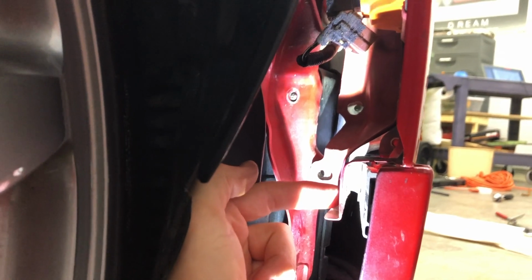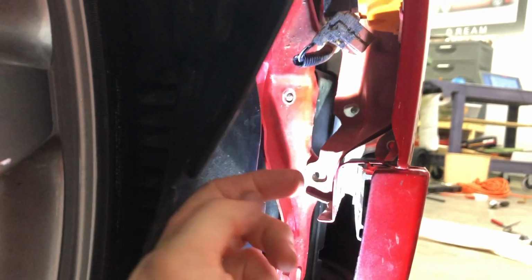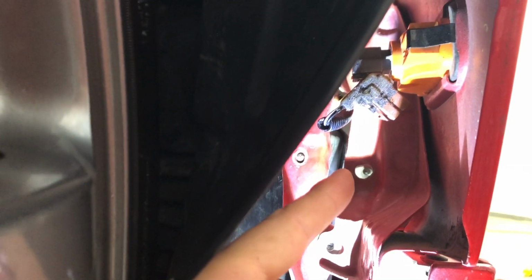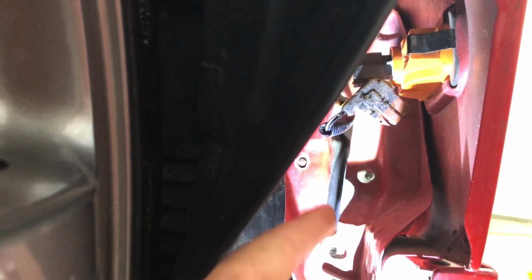That is right here going that direction. Then the 2 nuts that you need to remove. One is here, the one at the tip of my finger, not that one and not that one. Mine are off because I did them wrong. So that one there, and then there's one more